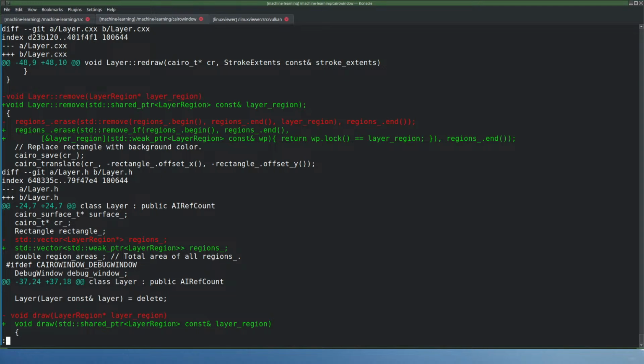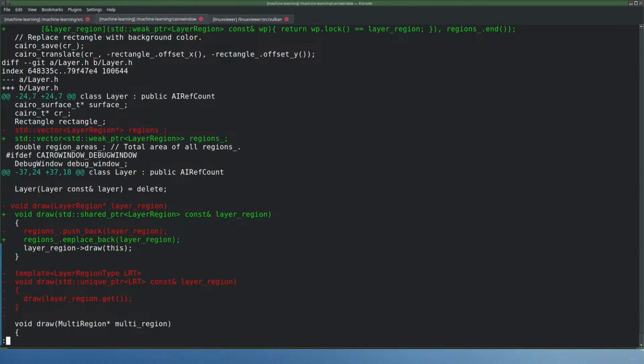Change the pointer to a shared pointer. Fix the erase of that. Ah, yeah, that's definitely not going to work. Anyway, vector stores now weak pointers. And here's again a pointer changed to a shared pointer. Maybe I should just go for the compile errors because what the